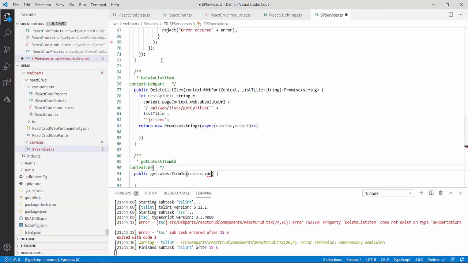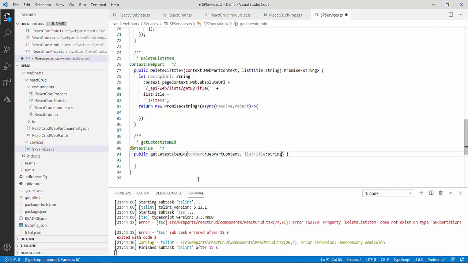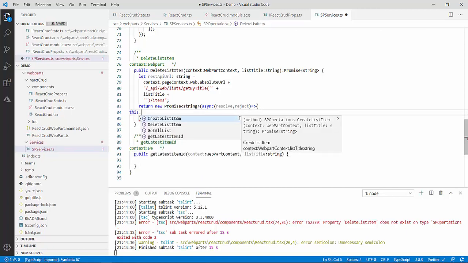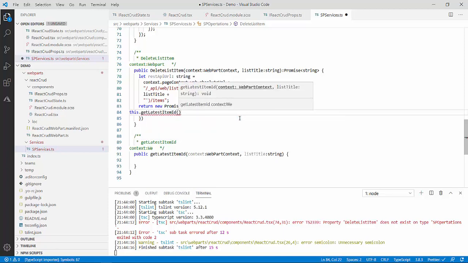So I will pass these two things. From here I will copy them simply, and from that method I will pass them. I will call this.getLatestItemID, and from here I pass the context and the list title. So now this is done.